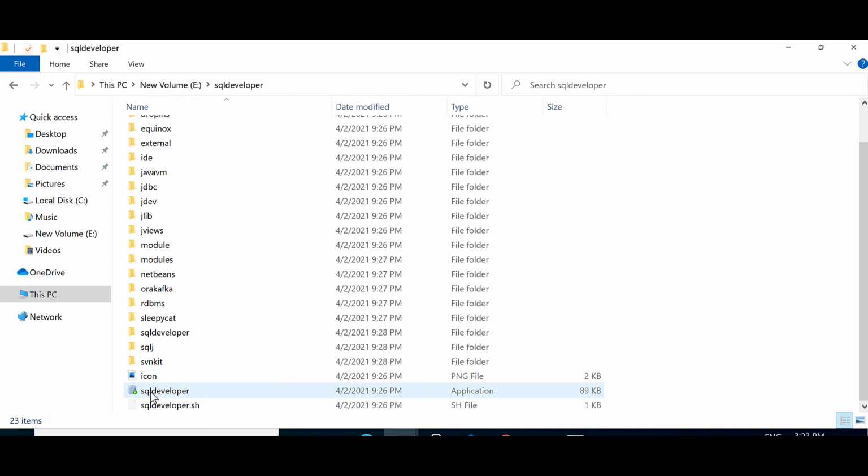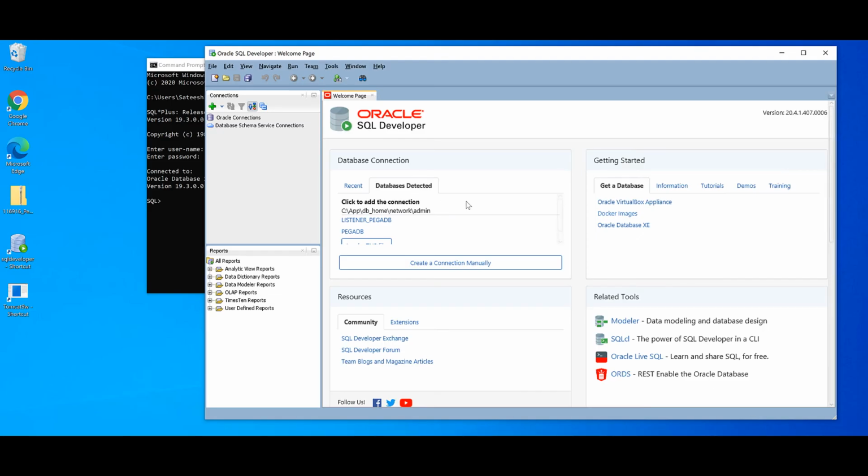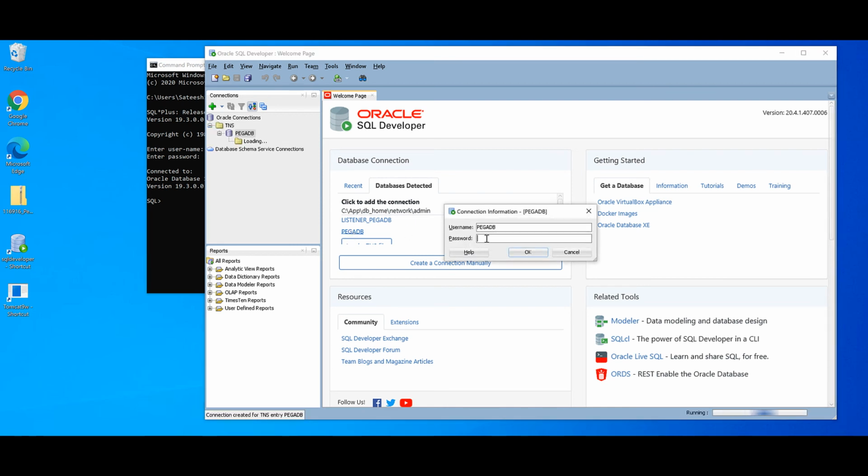You can see SQL Developer. Once you open this SQL Developer, it will automatically detect your database. You can just simply click on the database name. So you can connect as sys user. Password is Oracle.